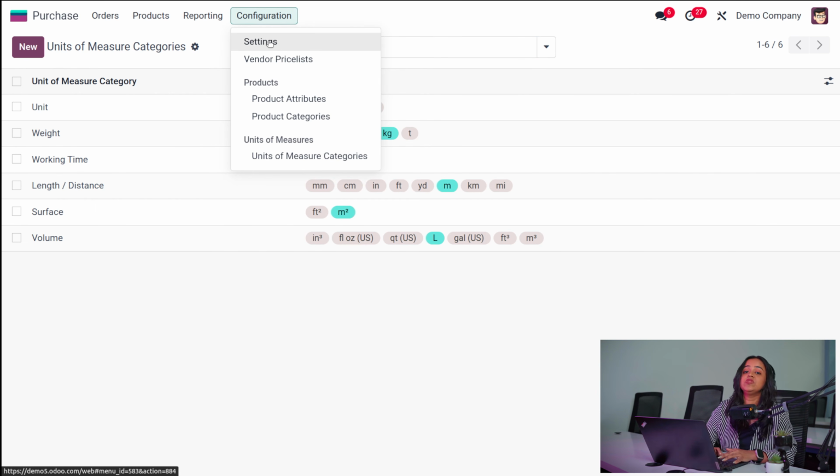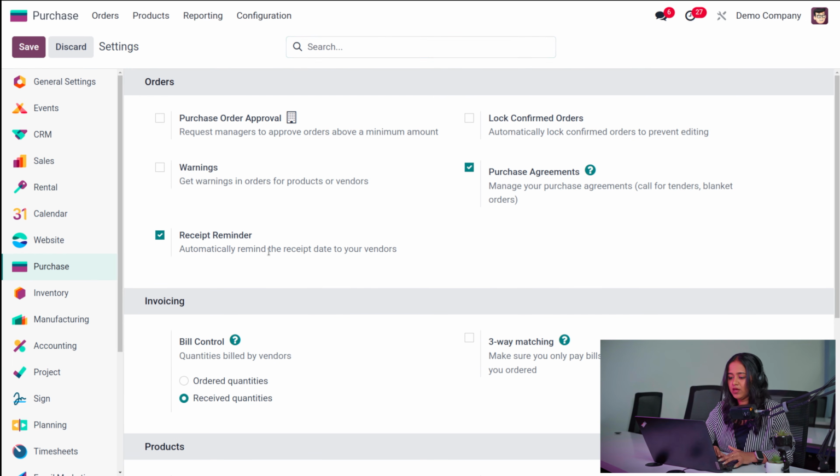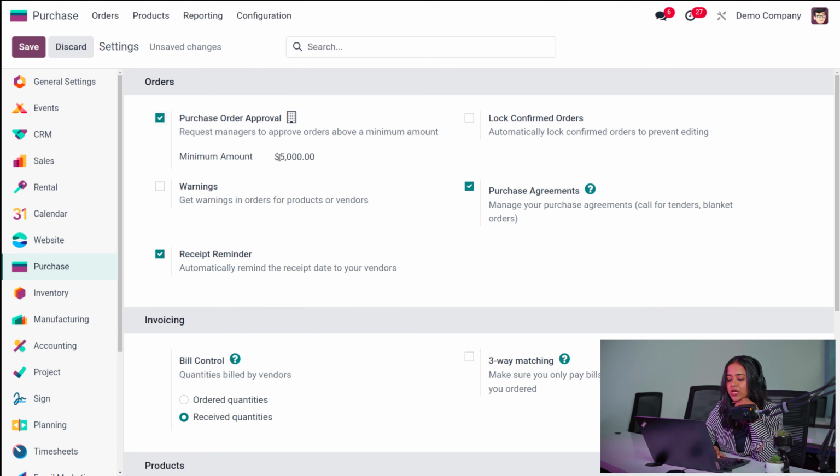And finally, we have the settings of the purchase module. Inside the settings, we have many things. Okay, so here under the orders, you have this purchase order approval. If you set a minimum amount, only once the manager approves the order, it can be further proceeded. So I'm just checking it, and you're setting the minimum amount as 5,000. I'll set it as 100 and let's save it. So this